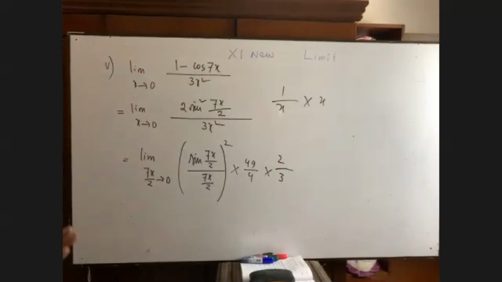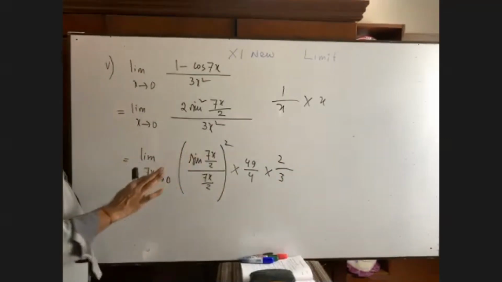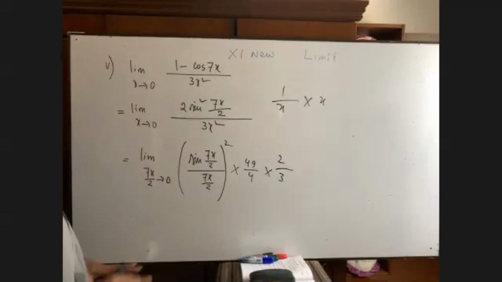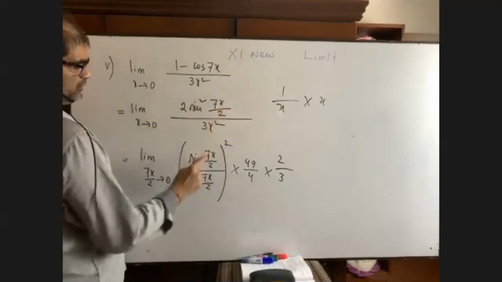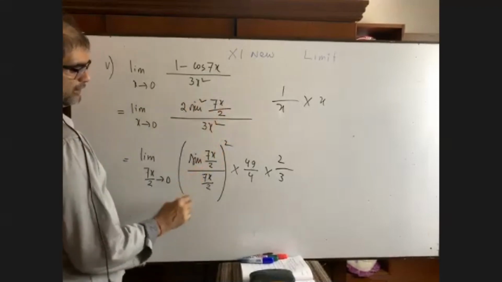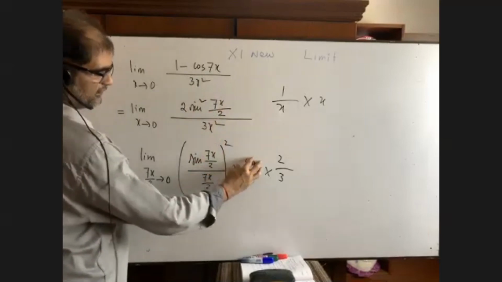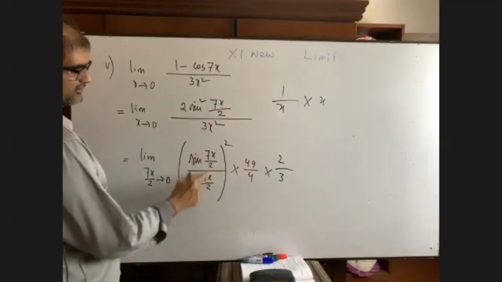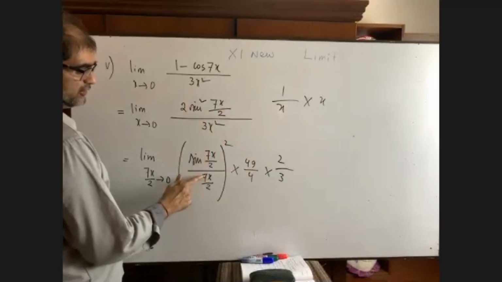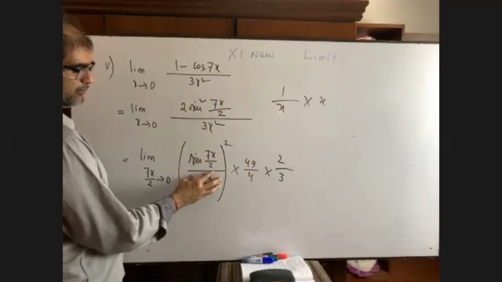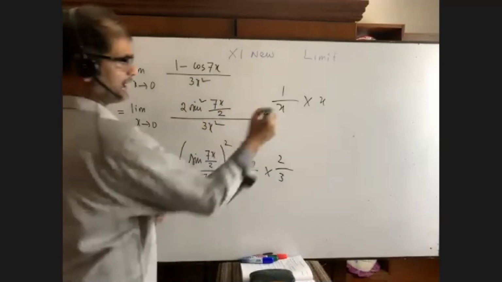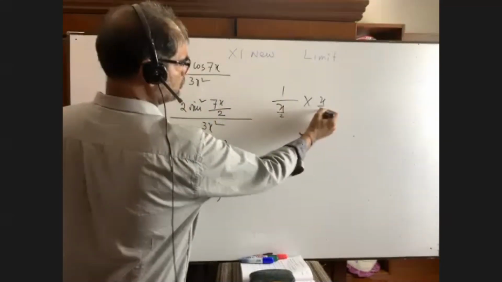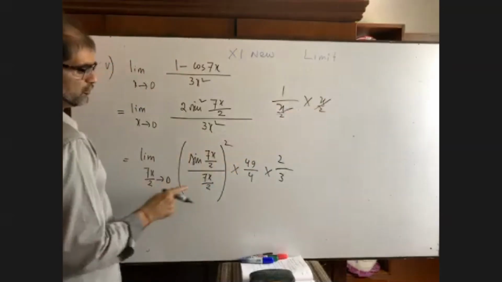Have you got it? There is no easy way other than this. What I have told you: you see, a square, 7x by 2, 7x by 2, I have taken this. It will be vanished if I take the same here. This is x, this is x square, not a matter. It is 49 by 4. If it is 49 by 4, this will be omitted. It is x. Suppose it is now 2. So it is now 2. It will be vanished like this. So it is 7x by 2.